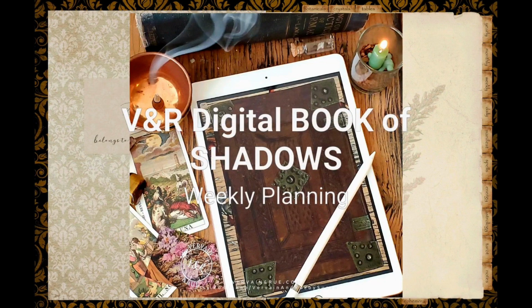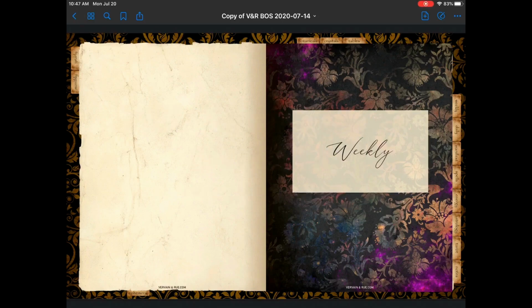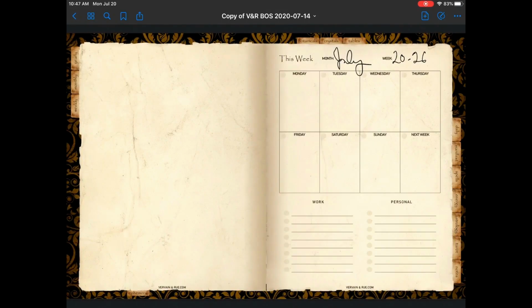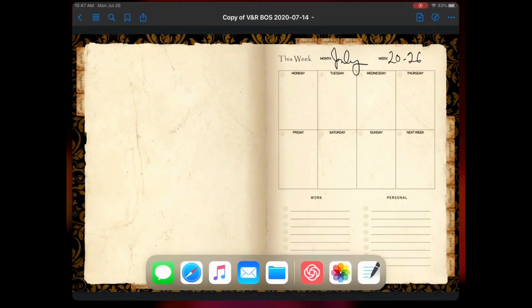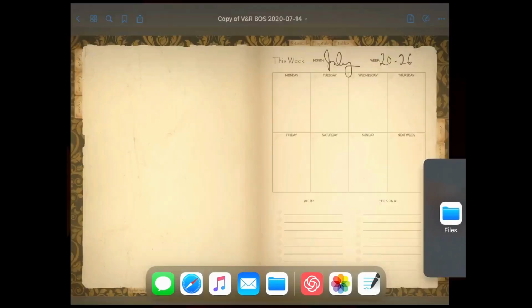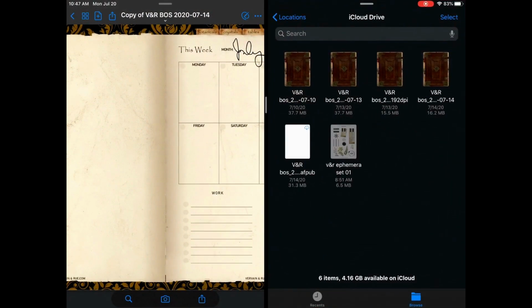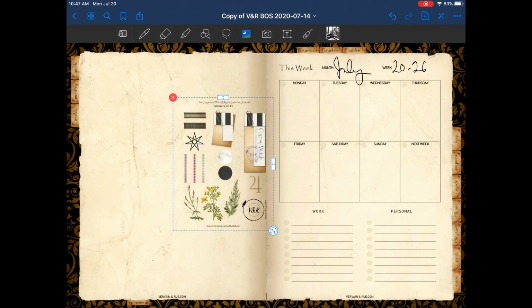Hey everyone, this is Susan, and I want to go quickly over how I do weekly planning in the Book of Shadows digital planner. I've tabbed over to the weekly section, and the first thing I want to do is grab some stickers. So I'm opening the ephemera file, pasting it in here,